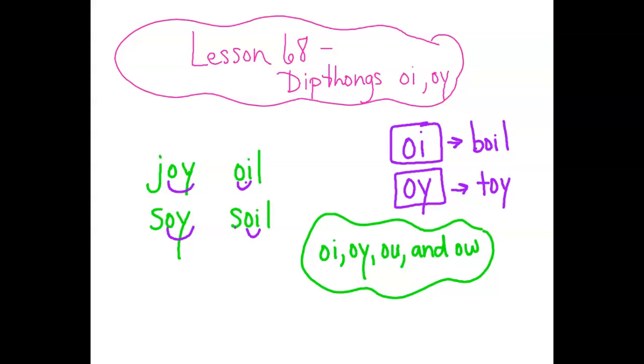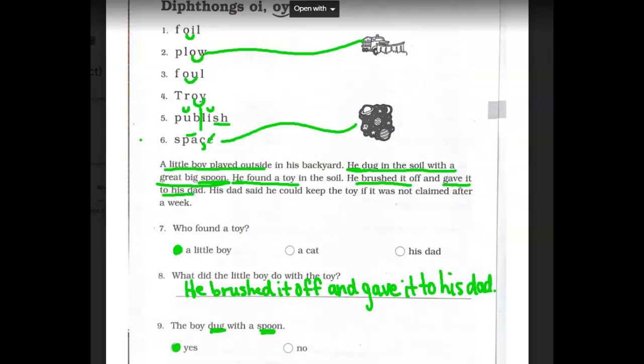You know? And here it is. Oil. The key word is oil, and the sound we have learned is O-I. Okay, so your next riddle